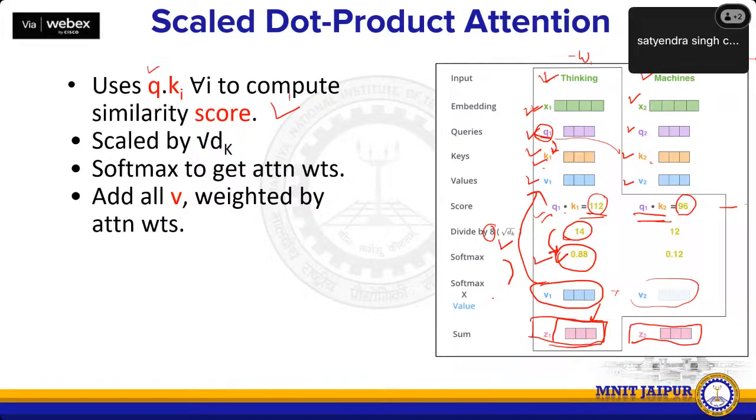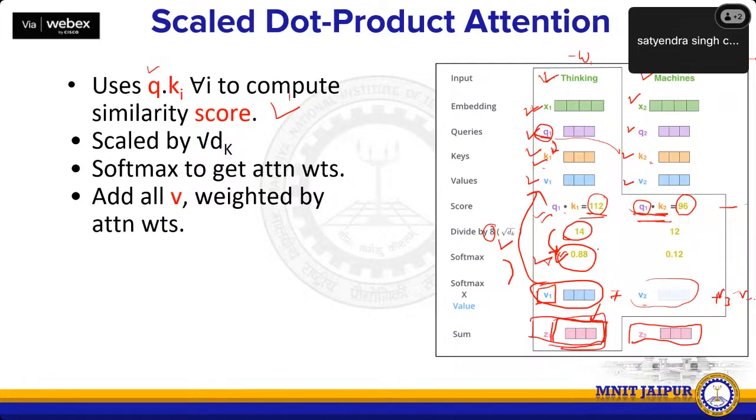The softmax values multiplied with the vector v1, and similarly value v2, because we are assessing this query with key 2 as well, meaning the second token and third token. So you might get v3, v4, and you add all those vectors